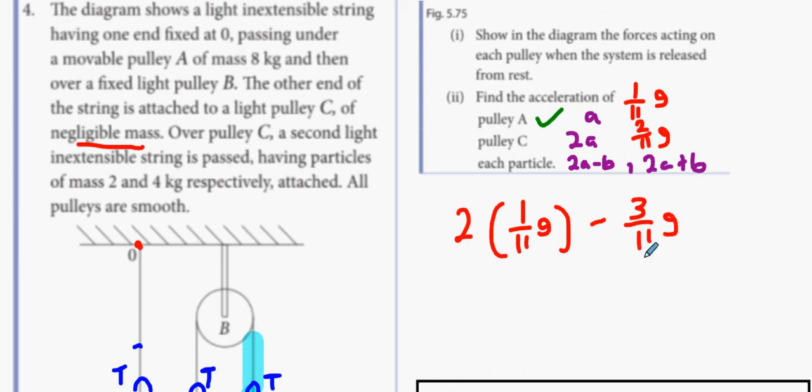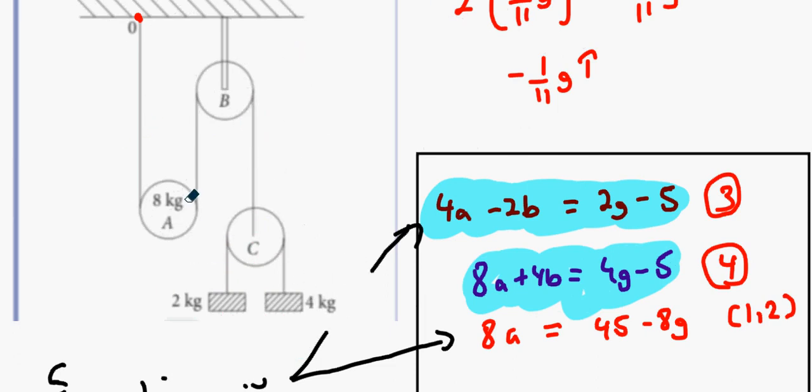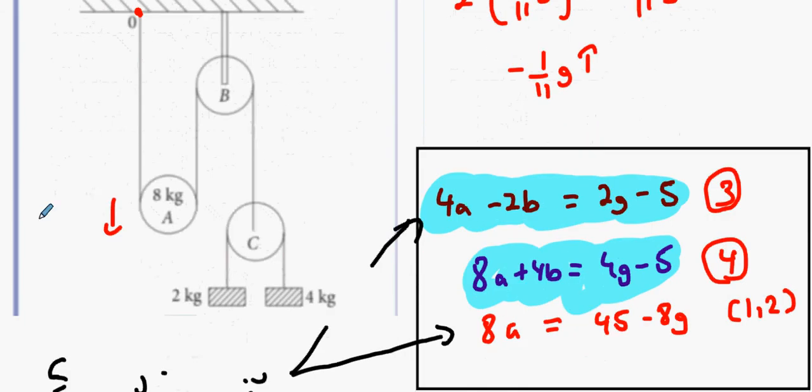And as it turns out, for 2a minus b, I thought it was going downwards, when in actual fact, it's actually going upwards. Because I got a negative answer, what I'm basically saying is